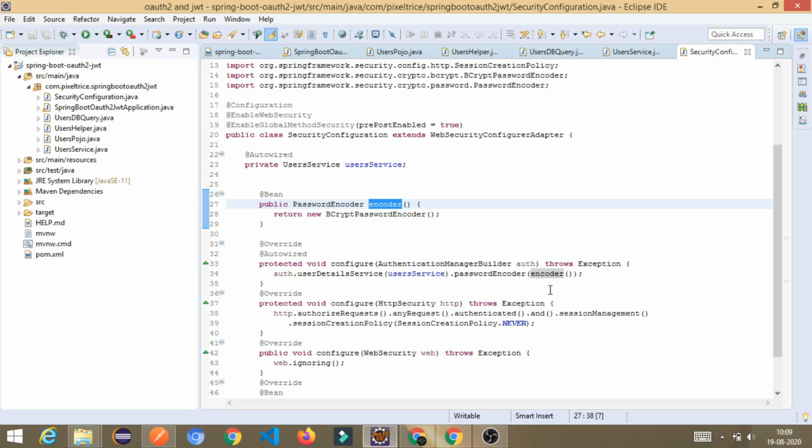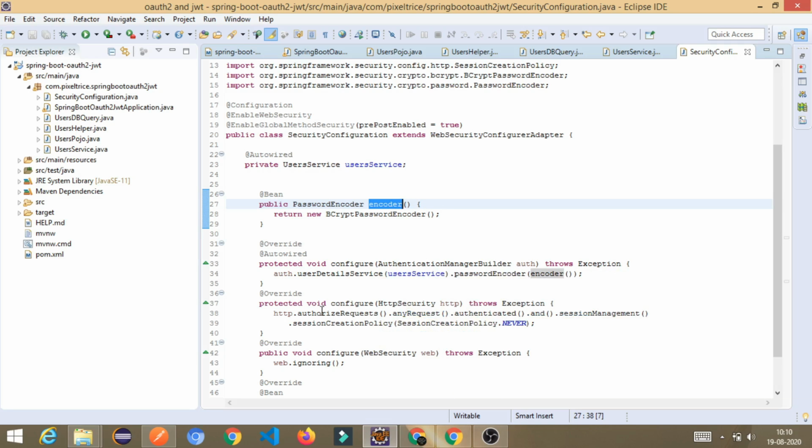We can store a plain password, like whatever you have given in English characters, like ABCD. ABCD is a password, so it will be stored as it is. But if you use the BCryptPasswordEncoder, it will convert it into a hash code, which is not readable for any person who is not aware of how the hash code syntax works, what symbols or characters are used in the hash code, and what they represent. That is the purpose of this.